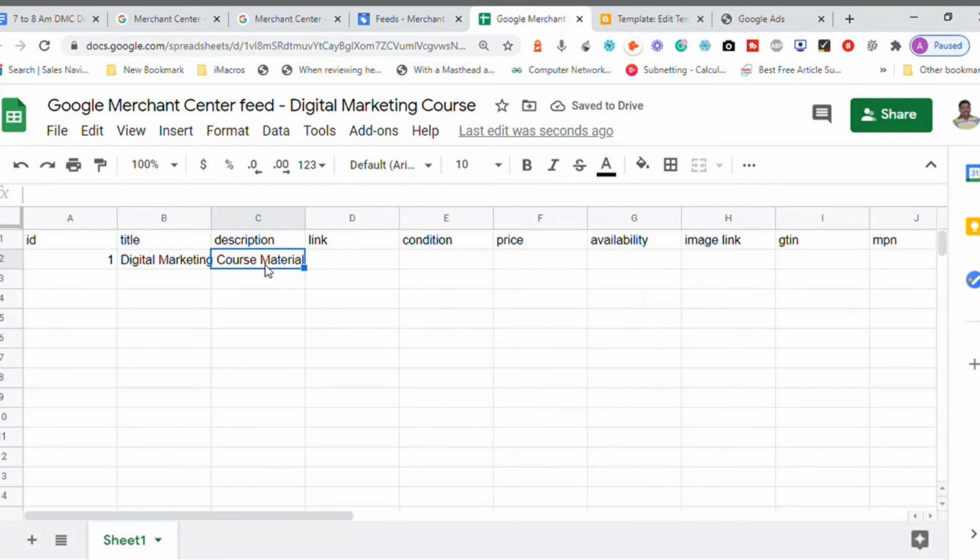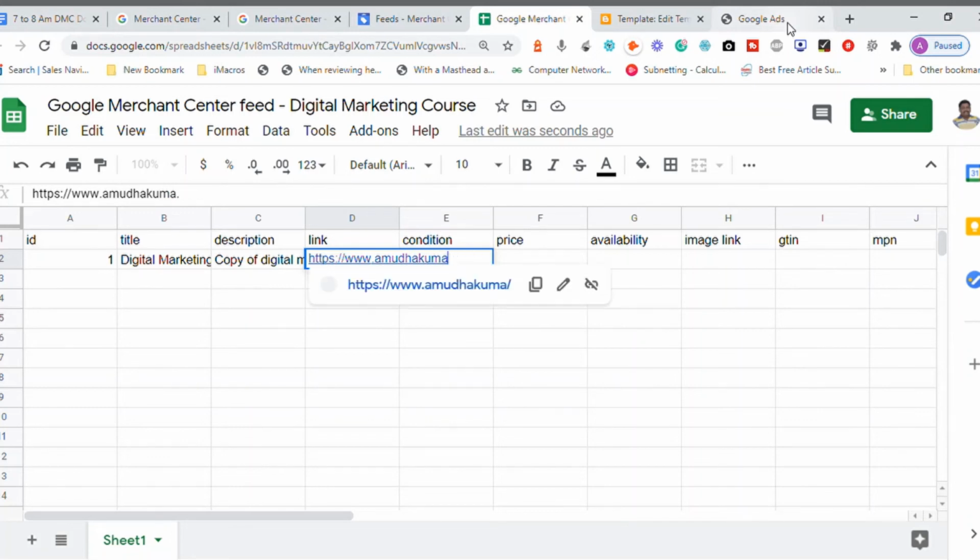Description, I want to give some information: a copy of digital marketing course material, something like that. So this is the description, and then the link, where people can download. You can give either the Google Sheets link, a Google download link or any other software download link. So you leave the link here, www.amadkumar.com.